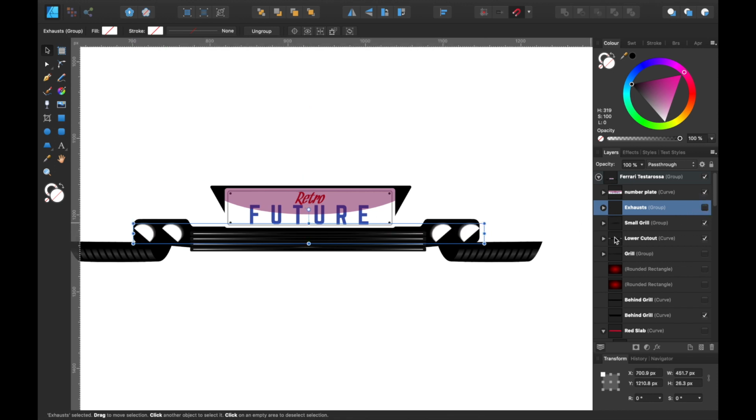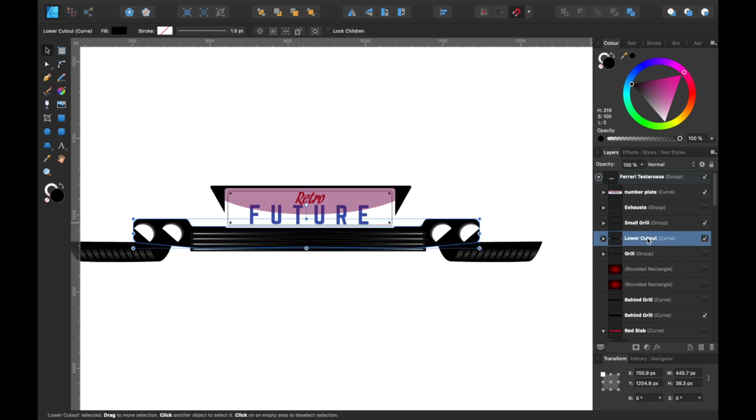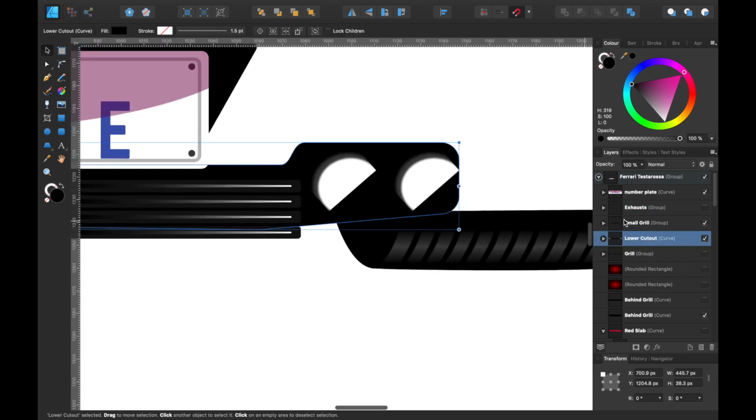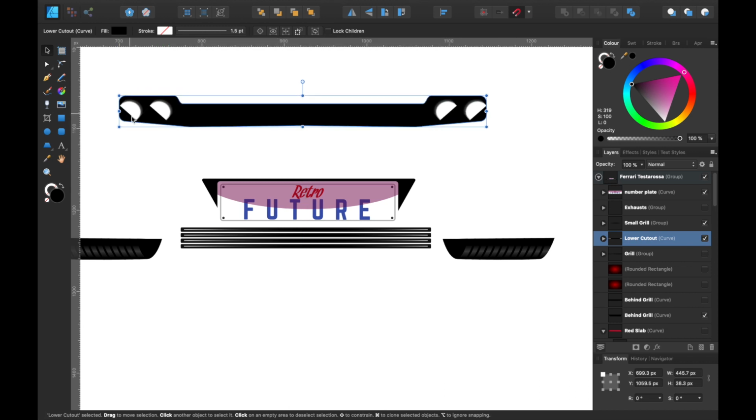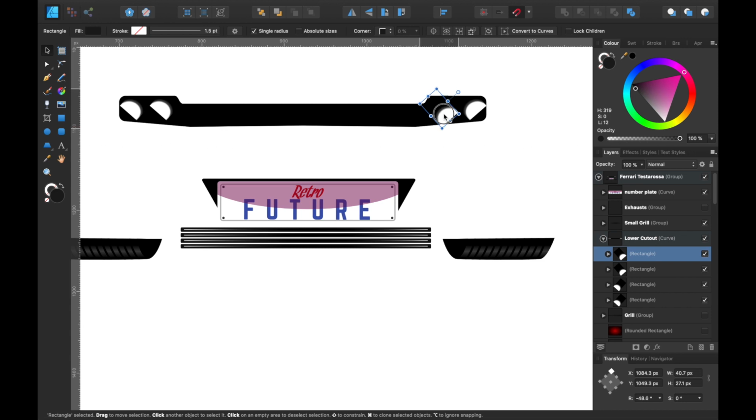Let's get rid of those. And behind it I've included this lower cutout section here. So all these shapes are nested within there, and they are the exhausts, just so it shows the lighting from daylight hitting it to it going deep within the car. So this color is going to change slightly. If I pull one out,